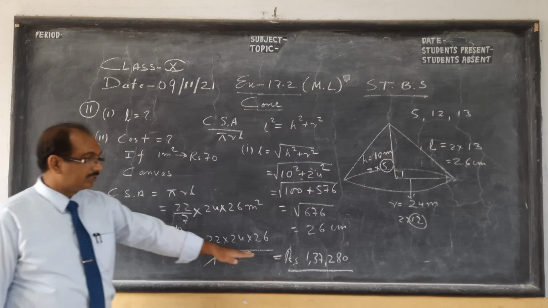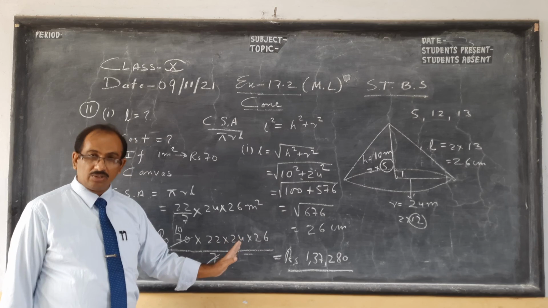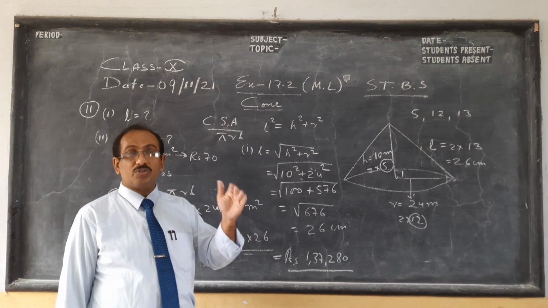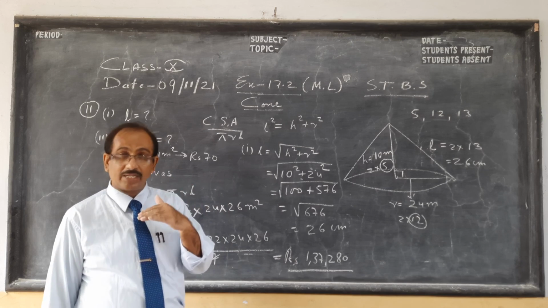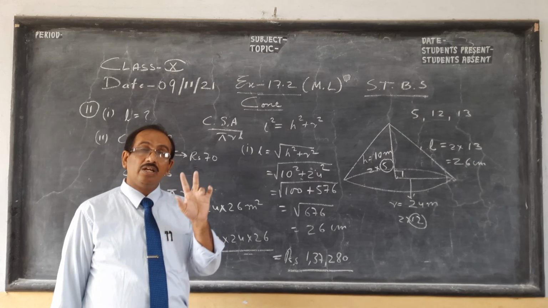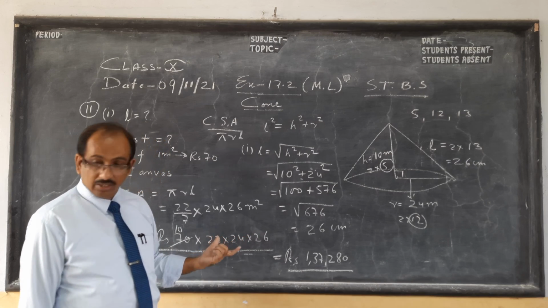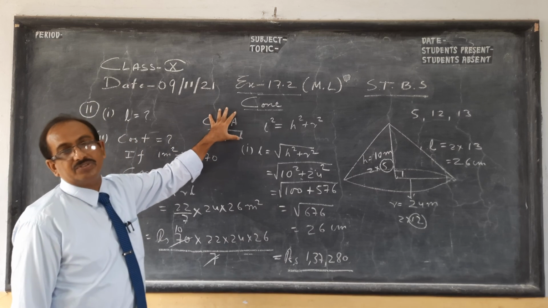One thing before I check the answer: sometimes you will get the answer in decimal, rupees and paise also, so read the question properly. If it says convert to the nearest rupees, then if it is more than 50 paise, it will go to the next rupee; if it is less than 50 paise, it will come back to this rupee. Suppose it is 28.47, so it will be rupees 28. If it is 28 rupees 67 paise, it will become 29 rupees. So read the question properly. I hope the answer is 1,37,280 rupees. So, very good practical application of curved surface area, children.